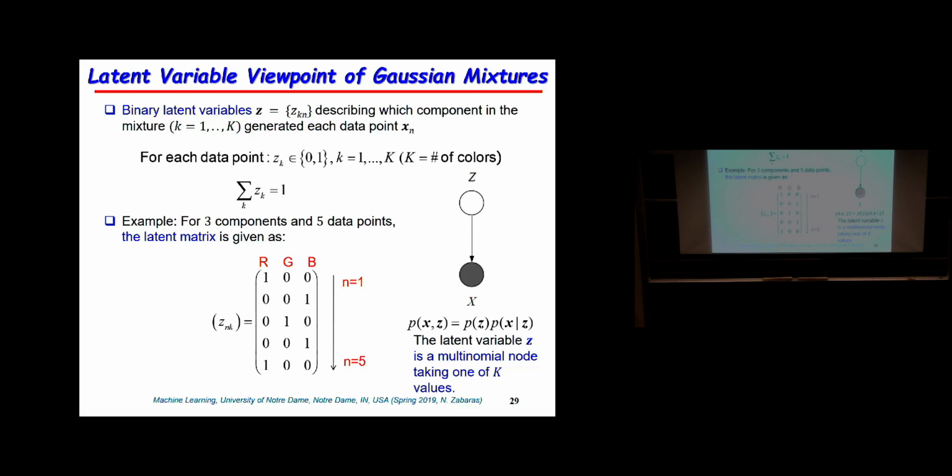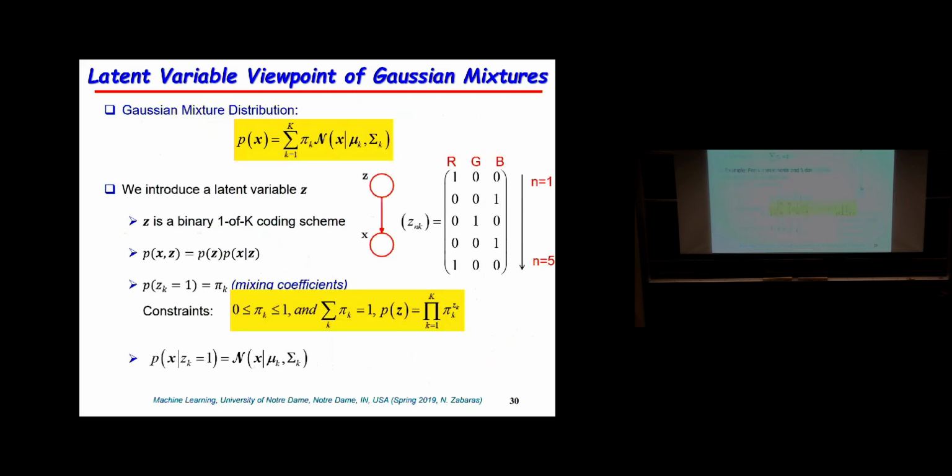And we wrote the joint distribution of x and z as p of z, p of x given z. If you're going to implement this, the z matrix will have one row for each data point. And if we have three colors, the variable z will be taking values 1, 0, 0; 0, 1, 0; 0, 0, 1. All right,